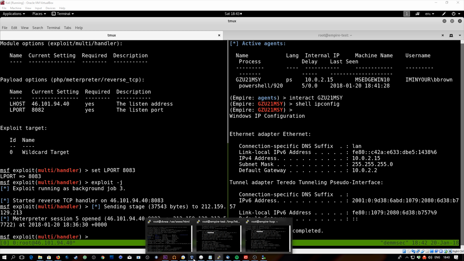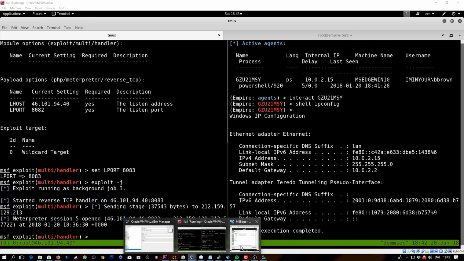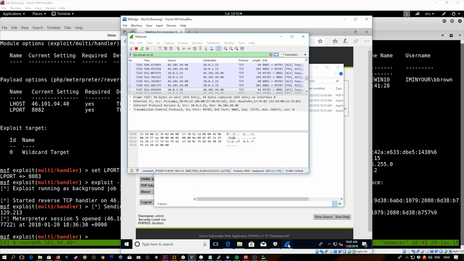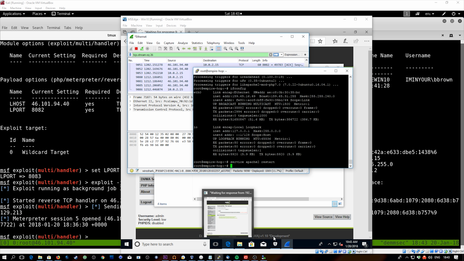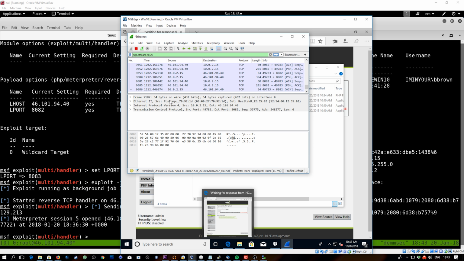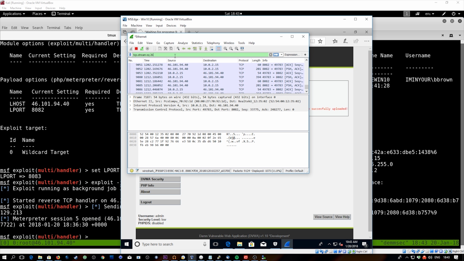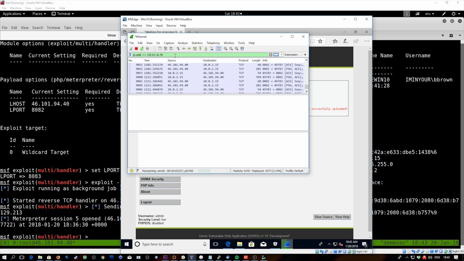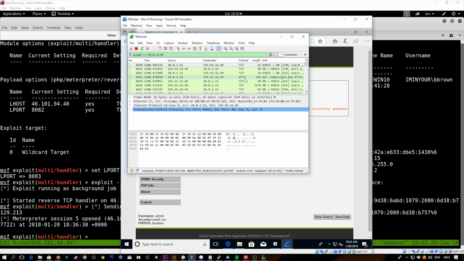So what does this network traffic look like? If we open back to our Windows machine, Wireshark, if we scroll down, we're not going to see any traffic associated with this 46 IP, and that's because it's never actually calling out directly to us, as I mentioned with the hop server. So if I grab the hop server's IP address and go into Wireshark again and do ip.addr equals this, and let it process, you'll see that we actually get